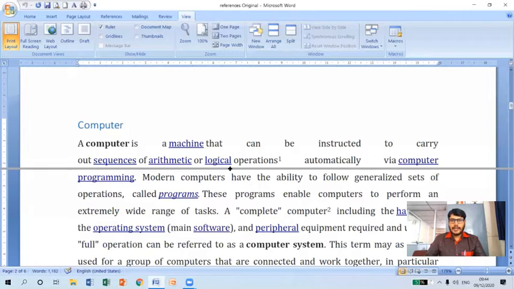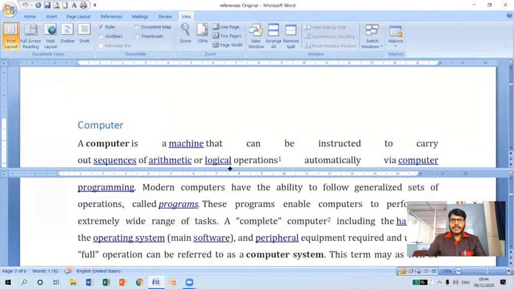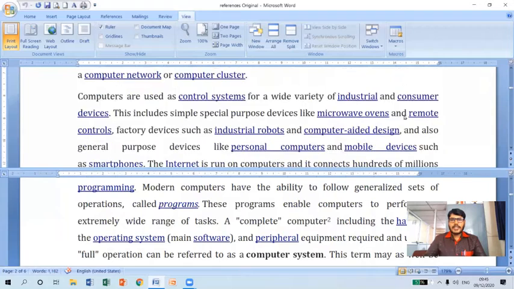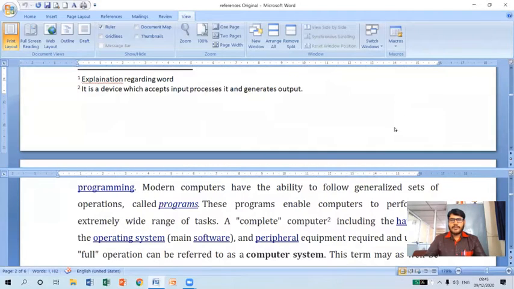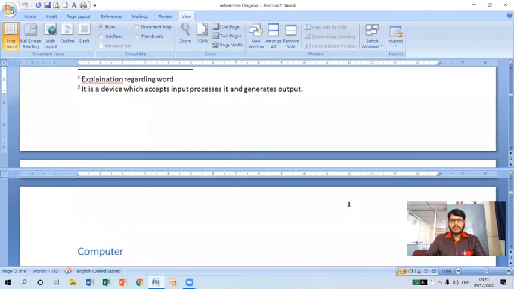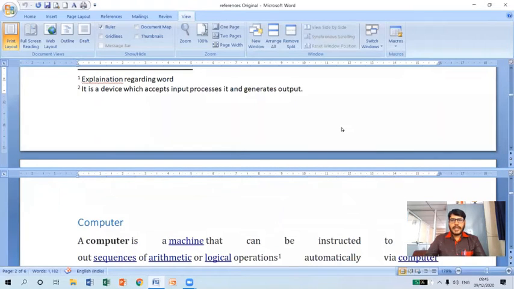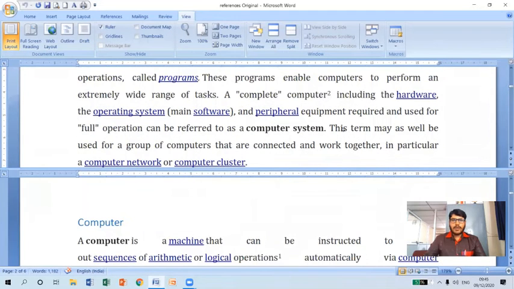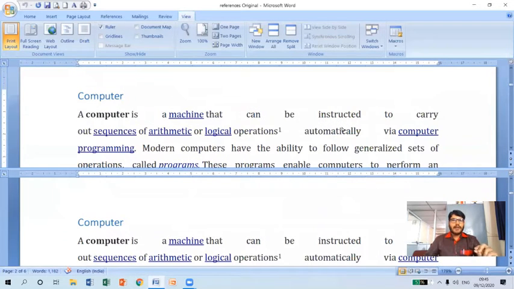Now let me click here. So after clicking this, you can see here my content has been shifted to separate parts. As you can see, if I scroll down here, this is one part and this is another part. So as you can see here, on both sides we have the same content again, but the only thing is we have split the same current window into multiple parts.